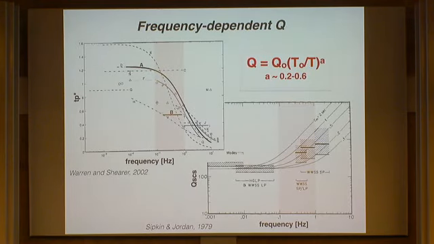The second complexity is frequency dependent Q. I think this is a little bit more complicated. What I want to address depends on the frequency band we are analyzing. In this case, we focus on 1 second to 10 seconds. Here it basically shows the T star, which means that the attenuation is stronger with higher T star. If you look at some of the measurements people have done before using similar waves, in this case the P wave at higher epicentral distance, they see a lot of dispersion in the T star, which means the Q is frequency